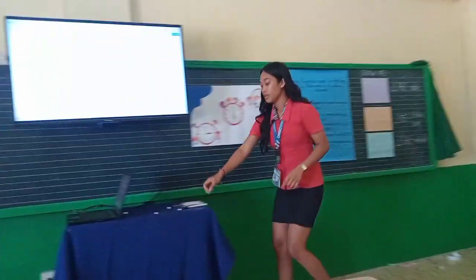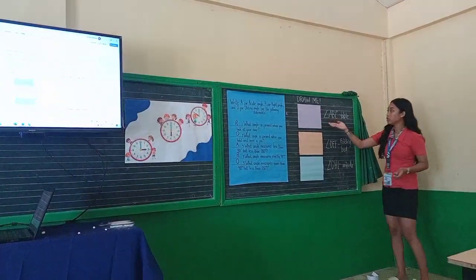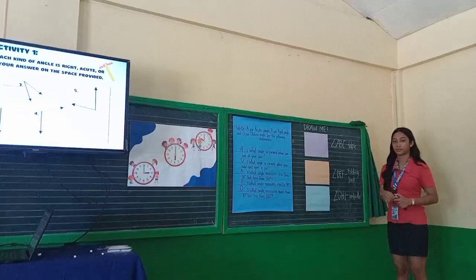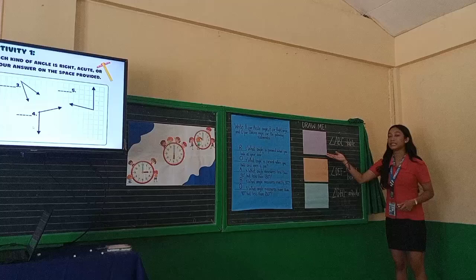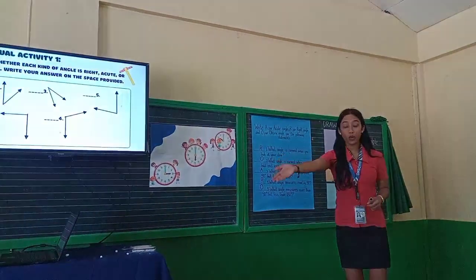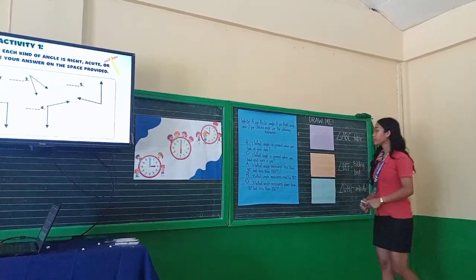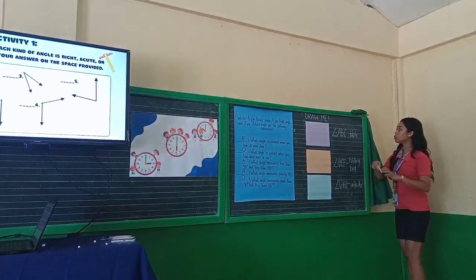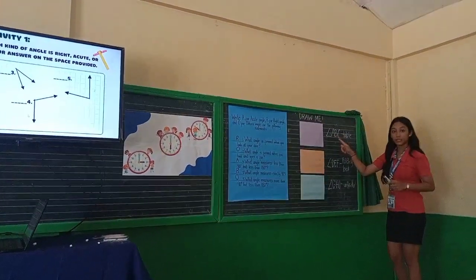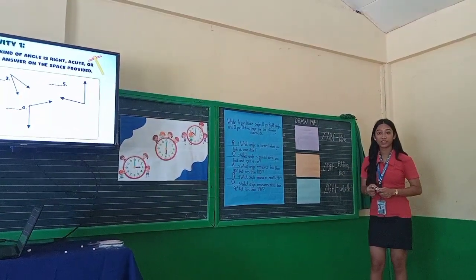This activity shows an illustration. These illustrations will be grouped in 3. The first row will be group 1, the second row will be group 2, and the third row is group 3. So group 1 is asked to draw a table with a name of A, B, C. So group 1, can you draw a table?